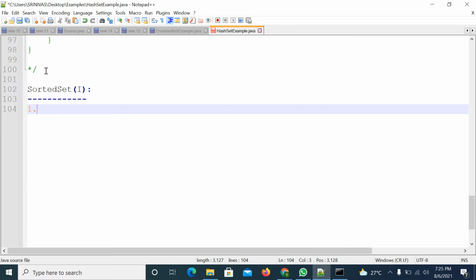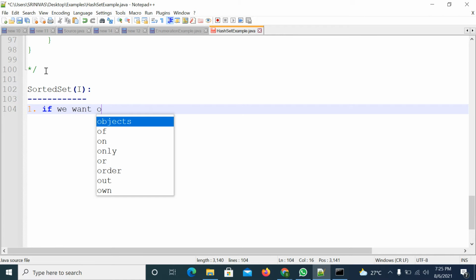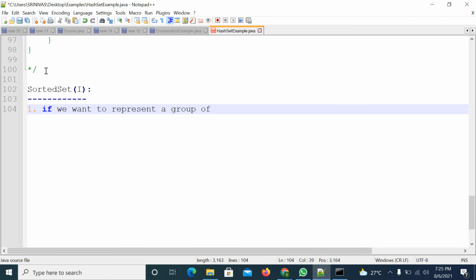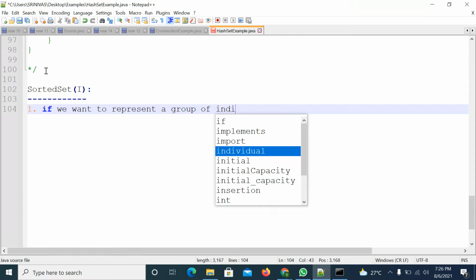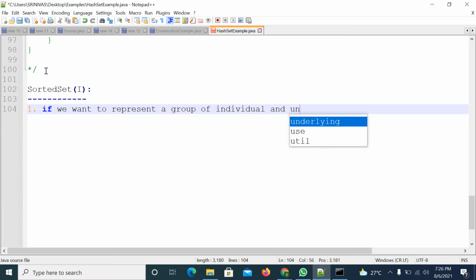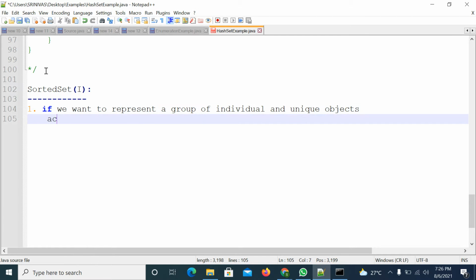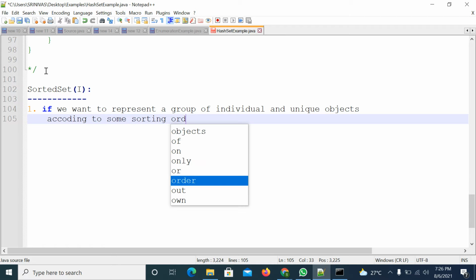The point is, if you want to represent a group of individual and unique objects, that means not duplicated data, according to some sorting order, in this case we will go for SortedSet.